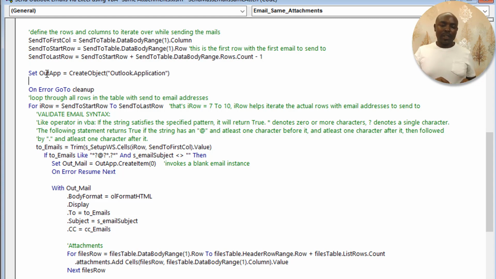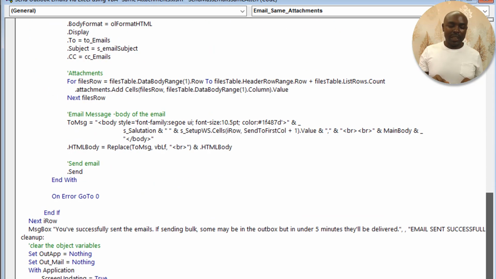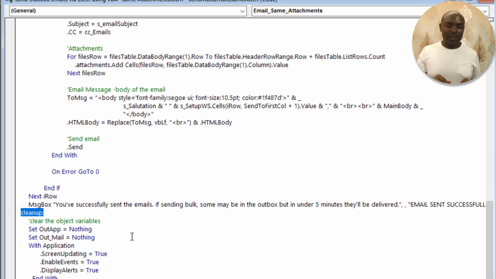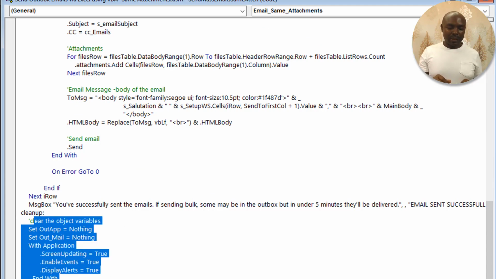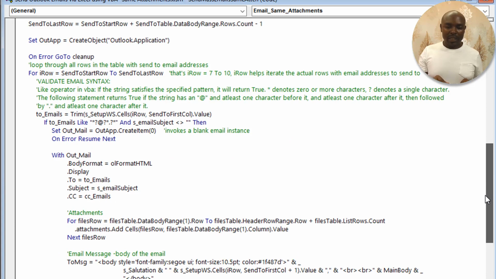The next line of code here sets the application to Outlook so that Excel can understand what application you are using to send the emails. This one just helps you to manage any errors that may arise, and in case the rest of the code here runs into an error, then you're telling Excel to skip it and go to a location in this code which we've called cleanup. So if I come down here, you'll see there's this part of the code, and therefore it will run whatever follows after that section called cleanup. So if I come back up here,